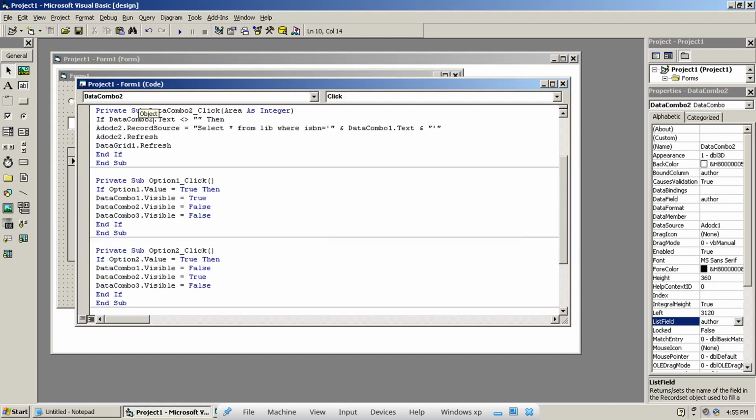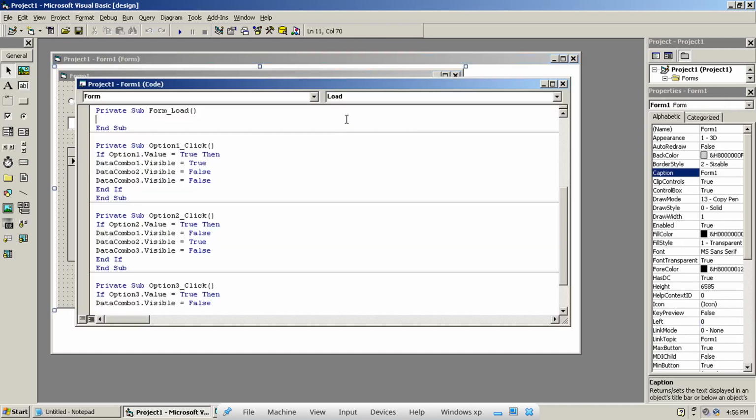If data combo 2.text is not empty, then I have to select where author is equal to, not ISBN here. In this case, it is going to be author. Author is equal to data combo 2.text.